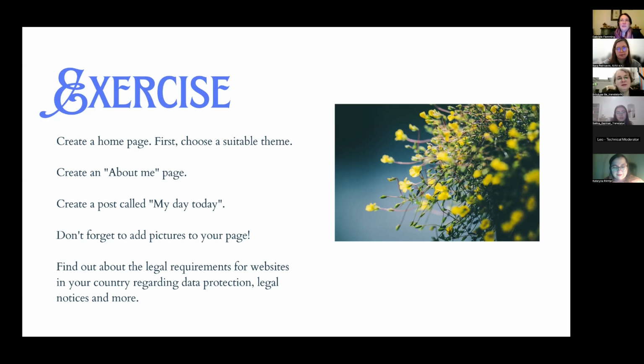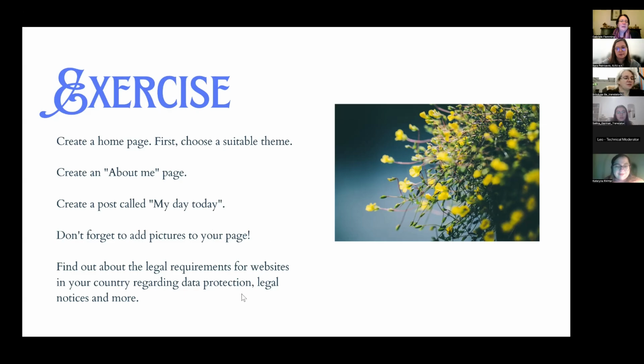Have your own WordPress account and then choose your theme and create some pages. Sarah will send you the exercises and then create, for example, an about me page, create a post. This was my day today. Add pictures to your website, add pictures to your media storage,